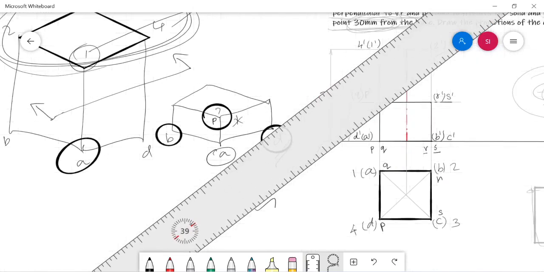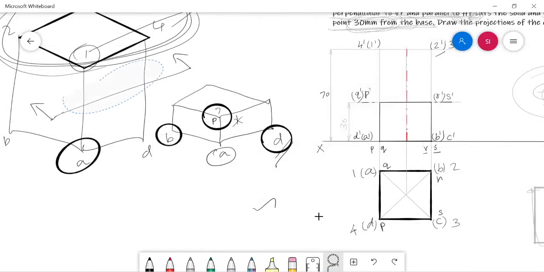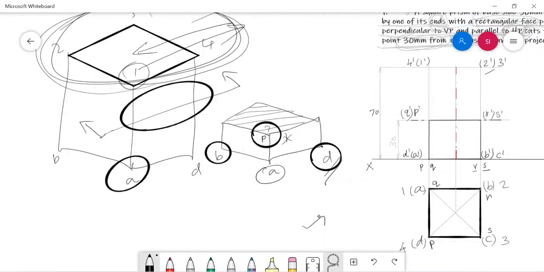You can see here, after cutting the solid in this way, the freshly exposed face has to be highlighted with the hatch lines. It's a freshly exposed surface. This is actually our old top face. This is our old face.